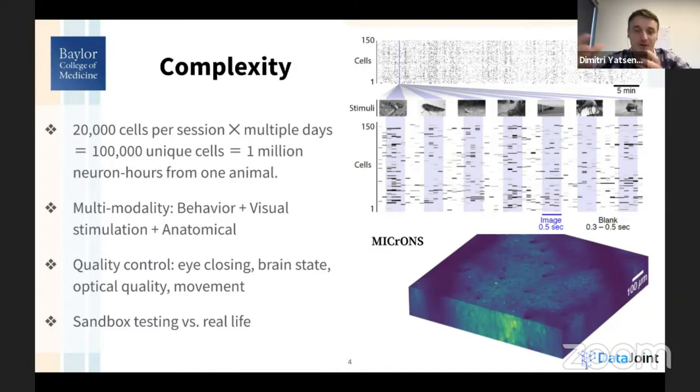But so the volume would be bigger, and over time you would collect about 1 million neuron hours from each animal. And of course, one animal was pushed through all the experiments, but many animals were imaged this way. And then combining multiple modalities: behavior, stimulation, so visual stimulation in this case,